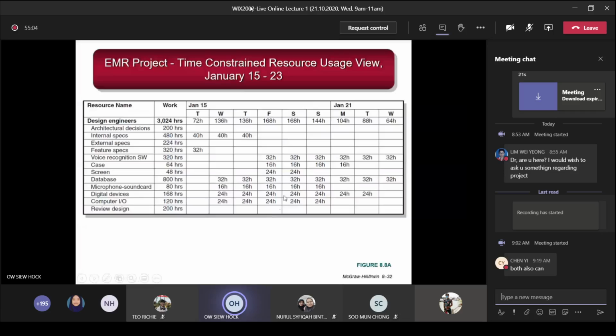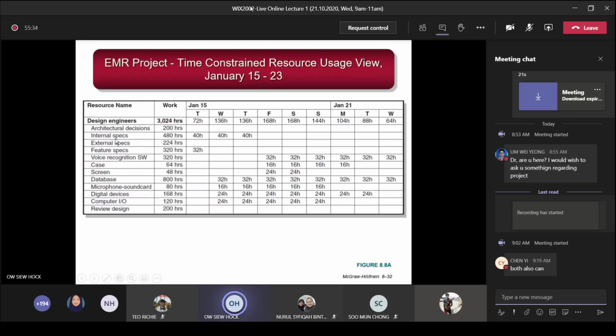So in this diagram, this one is illustrated using the number of hours required to work by these design engineers. So this is the total. 3024 hours is the total time required to work by these design engineers from the period January 15 until January 21st. So for this architectural decision, that is the first node, you require this number of total hours of work. And then of course it's distributed across the period, but it's not shown here, it's not needed within